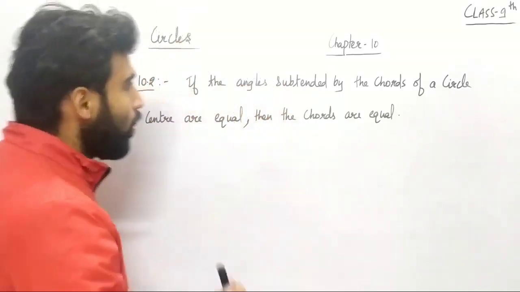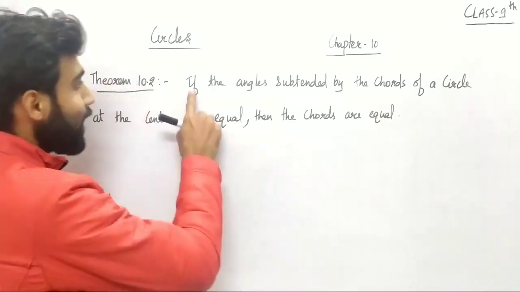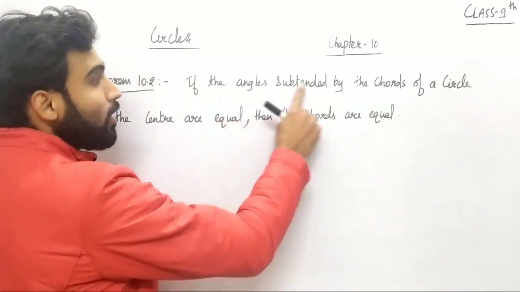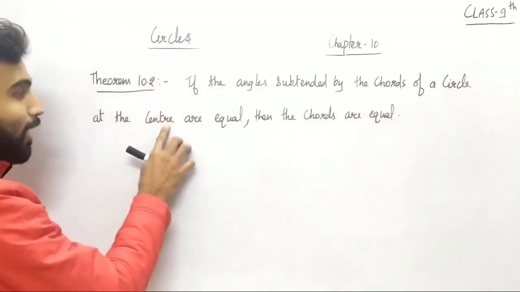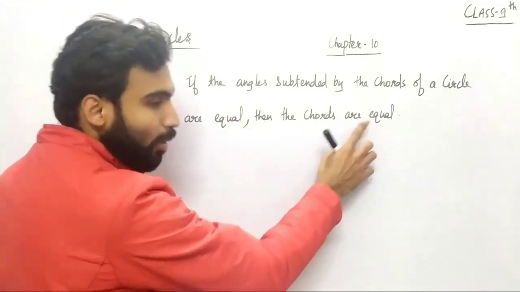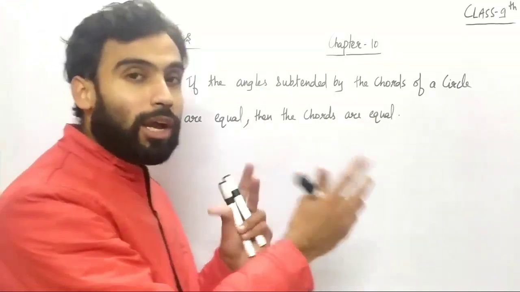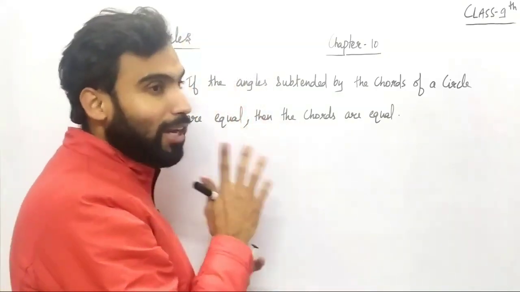Let me just show you by reading this. So you can see theorem 10.2 says, if the angles subtended by the chord of a circle at the center are equal, then the chords are equal, right? So here just the opposite statement is written, that you can see,